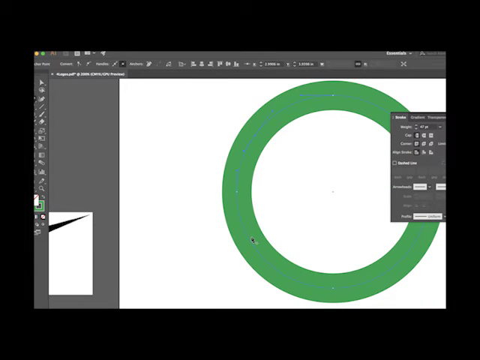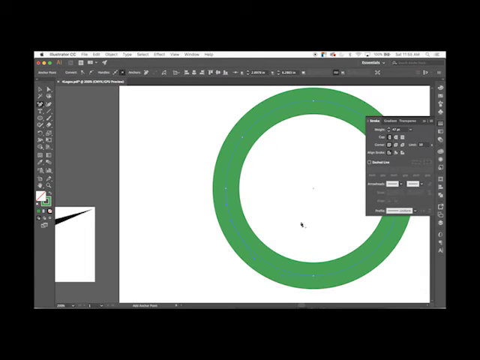So I'll look at where the C should end, and I'll put a point right about there too. So I just added in this point and this point. The circle already had this one, there's one over here, and then there's one at the bottom too. Okay, now once you've added in those two points, what we're going to do next is get